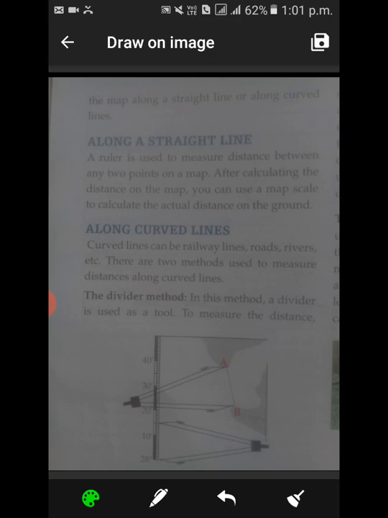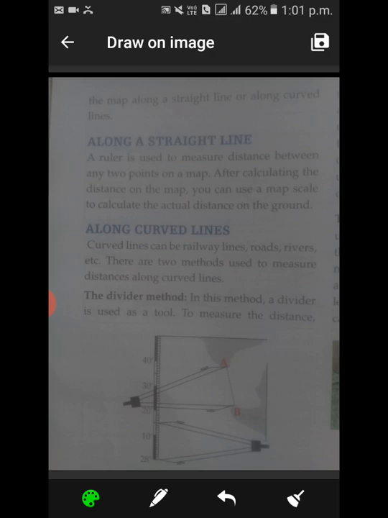In part 1 and part 2 we have already studied about map, topographical map, purpose of topographical map, contour lines, contour interval, use of colors in topographical maps, signs and symbols used on topographical maps. In part 2 we have also studied about the scale, and we will talk about measuring distance on the map in this video.